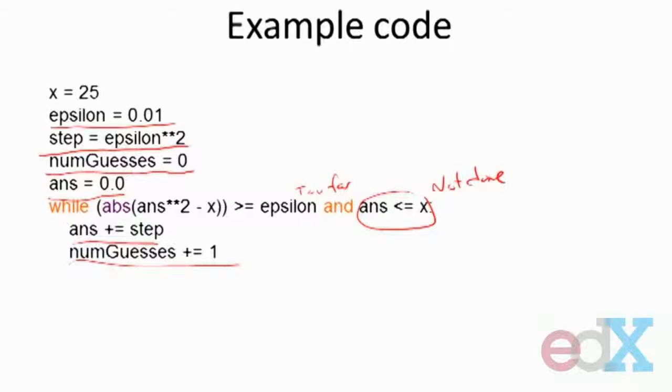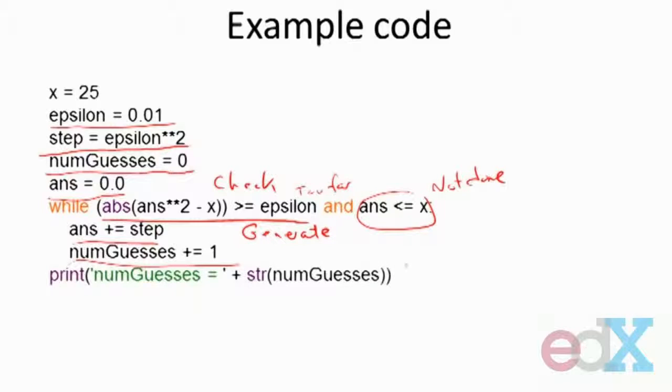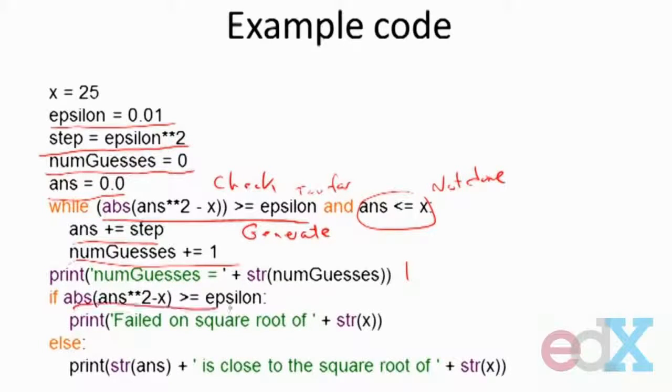So here's my generate and test. I'm going to keep doing that until, in fact, my check, which is right here, turns out not to be true. And when that's not true, I jump out of it. I'm going to print out how many times I actually guessed. And then I'm going to check to see, is the answer close enough or not? All right, it's got that same basic form. This is an exhaustive enumeration, moving by step sizes, generating different guesses, and then checking them to see